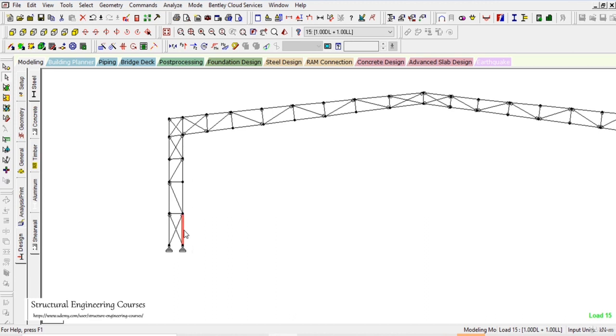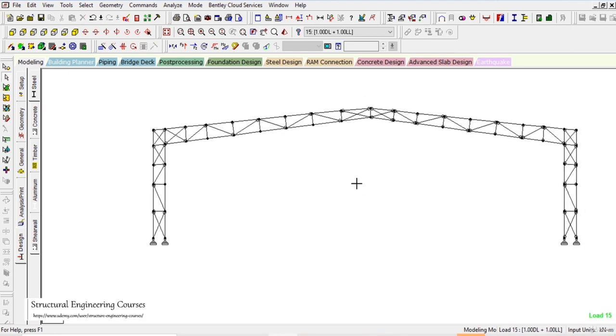Now coming back to the column efficiency, here we can see that the column efficiency is 55% on the outer side and 34% on the inner side. Here it is going up to 83%, and here it is failing in the design. So we can change the size of this member here. This member is also failing in the design. So if we see this portal here,